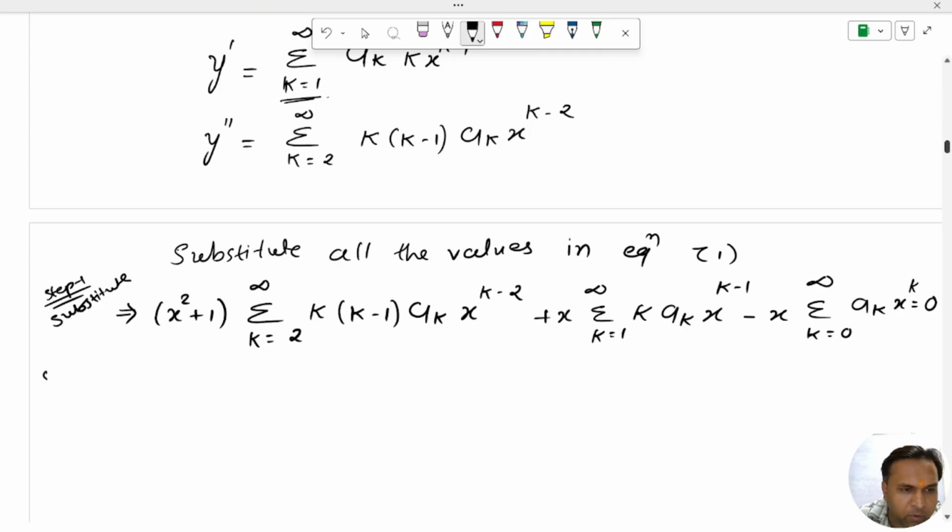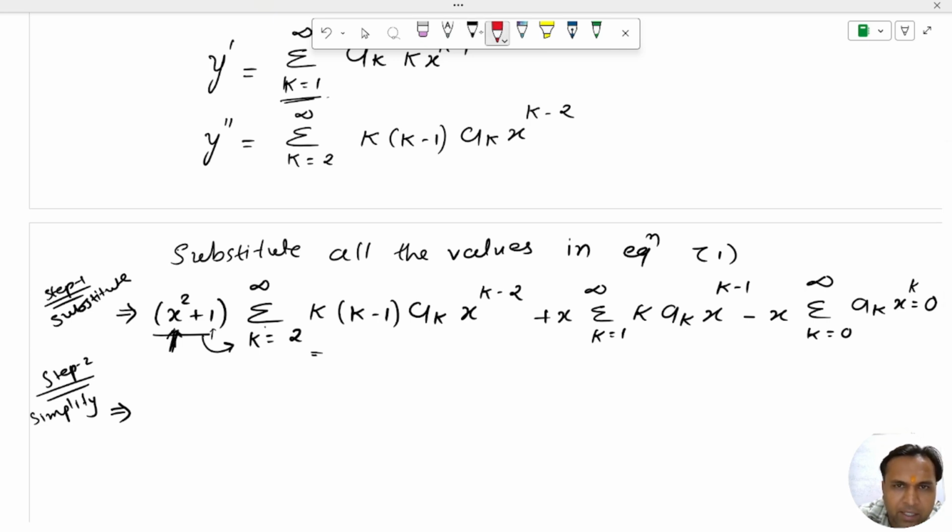Okay, step 2, you have to remember all the steps. Steps to simplify. Simplification means this bracket is multiplied with this one. First, x squared will be multiplied with the whole bracket, then 1 will be multiplied with it. So if x squared is multiplied with this one, we can say that here we have x squared,